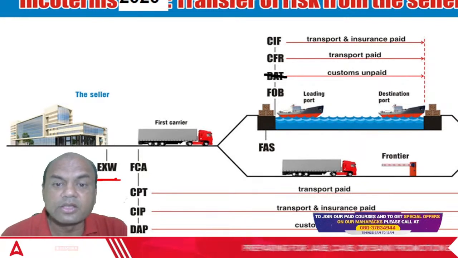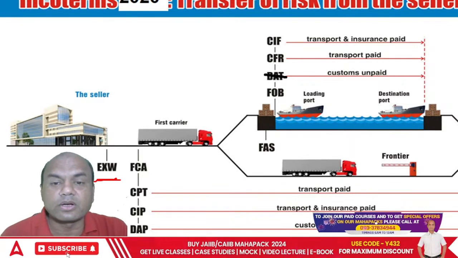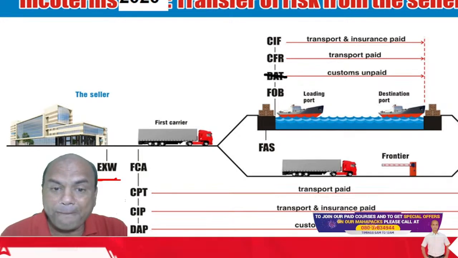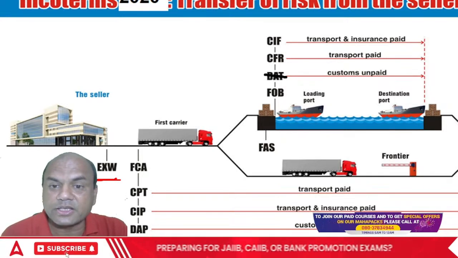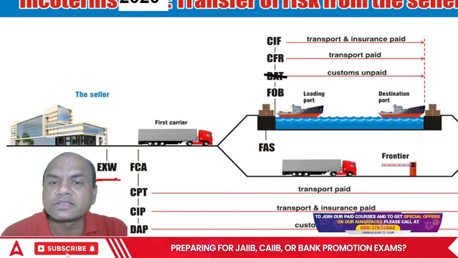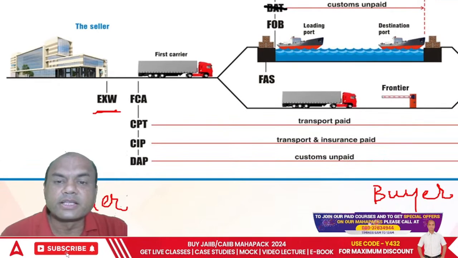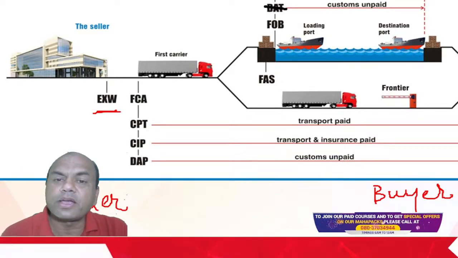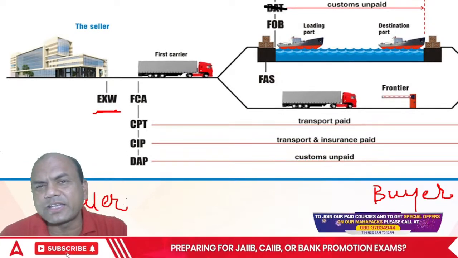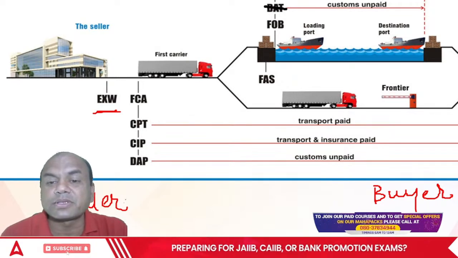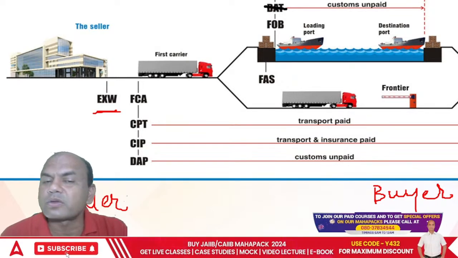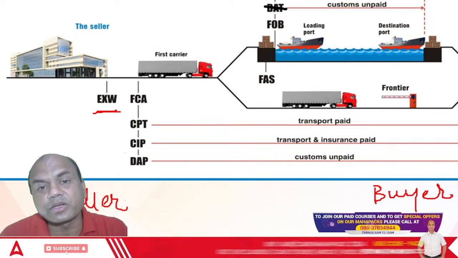Got it, everyone? So what are the four main Incoterms related to ship? FAS, FOB, CFR and CIF. Okay. Now next one. This is related to ship. Now if I have to transfer the goods, I said 90-95% is done through ship, but that 10% is done through this road and air also. So if I have to transfer the goods